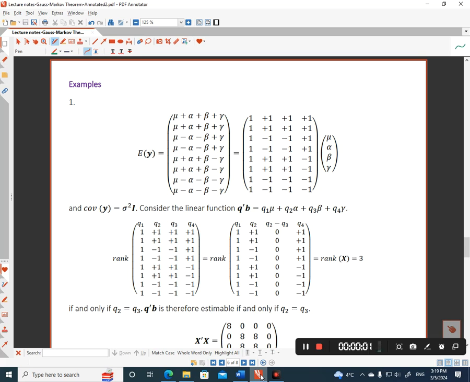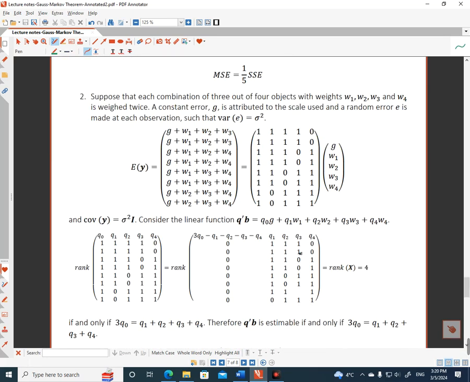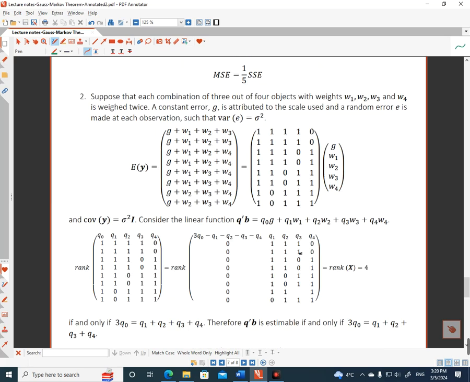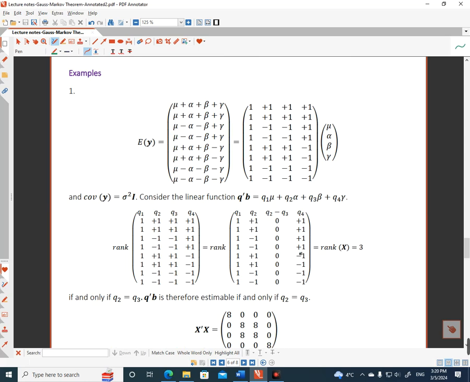Okay, for the examples, I only consider the first example and leave the second example for you to read because it's straightforward. It only needs simple linear algebra. If you understand the first example, then we're done, of course. Consider this linear model, in which the expected value of y